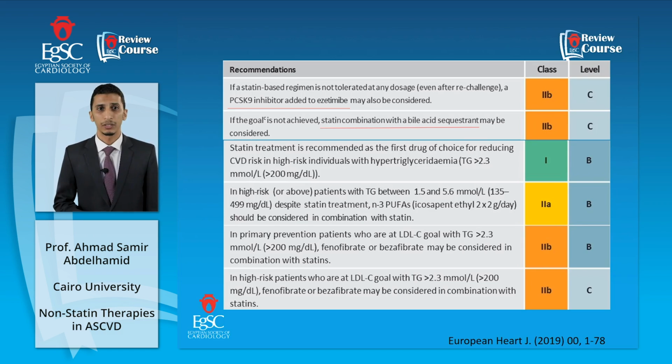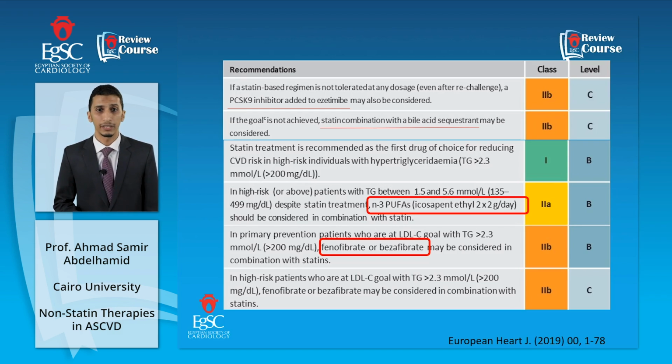Bile acid sequestrants will be class 2B to add after statins or besides statins if not achieving target. And we all know that it is essentially required in special situations. The omega-3 fatty acids, the icosapent ethyl, will be class 2A to be added if besides statins, the triglycerides remain between 135 to 500. For primary prevention, fenofibrates and bezafibrate can be utilized besides statins if the triglycerides are still